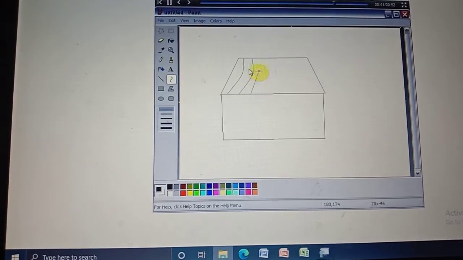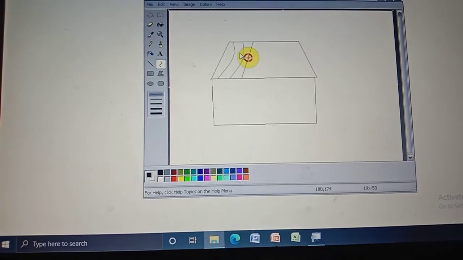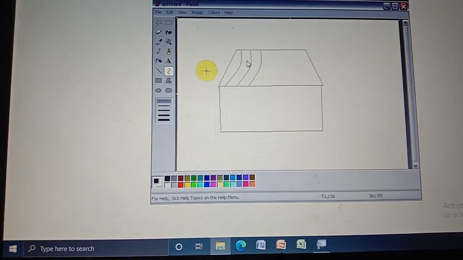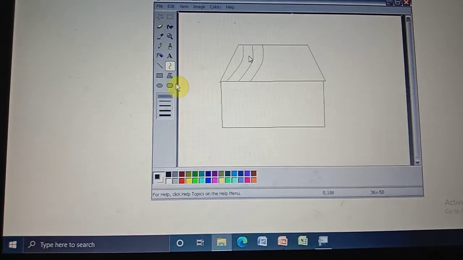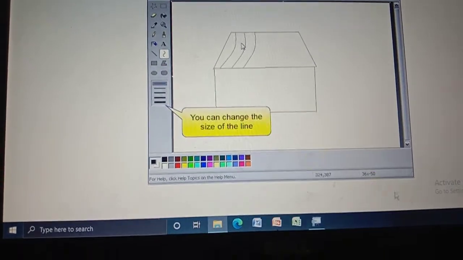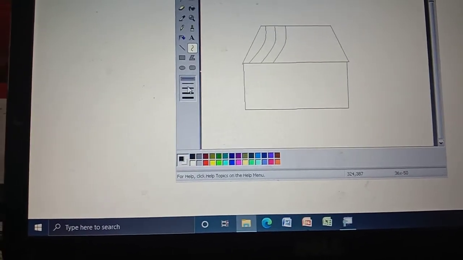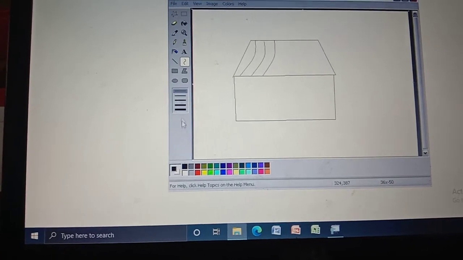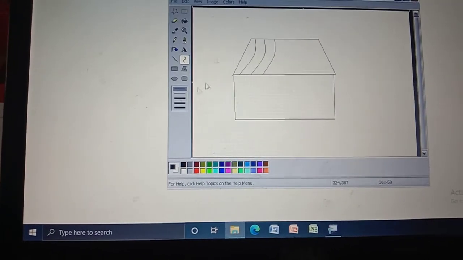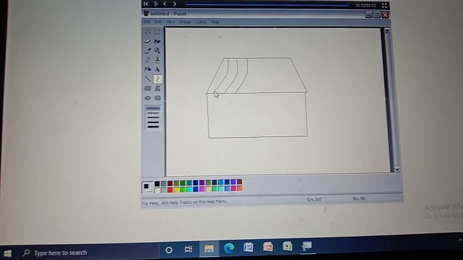Okay. So this is about drawing a line tool as well as a curve tool. Okay. You can change the size of the line also. You can change the size of the line by choosing any one of the lines here. Okay. That's all about the line tool and curve tool.